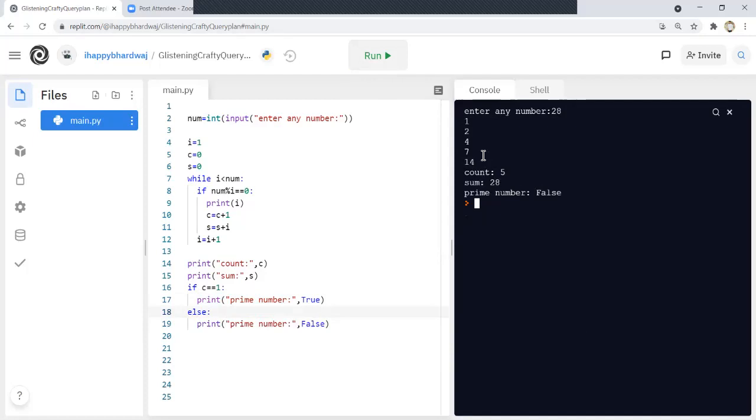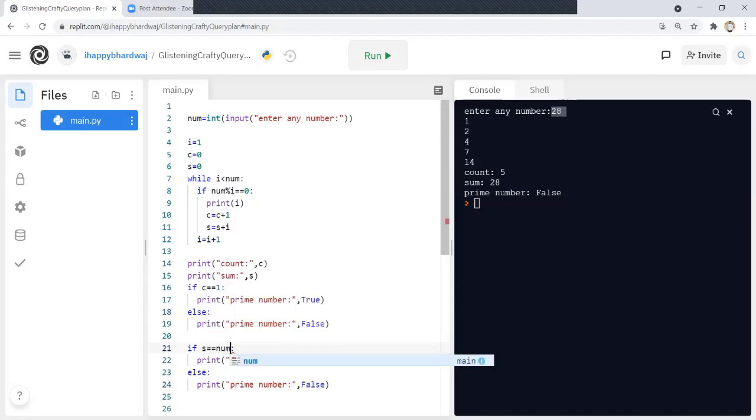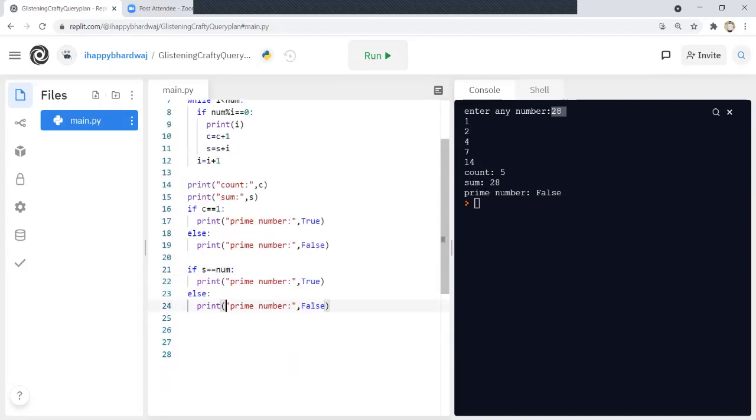You see here something like the sum of factors of 28 is 28, the number itself. Okay, so these kind of numbers we call them the perfect numbers. Okay, so the numbers where the sum of factors is equal to the actual number, we call them perfect numbers. So I can copy this thing again, and instead of c, I can compare here with the s, and I can write here if s, the sum, is equal to the original number, then here I can say perfect number. So I can say here perfect number, and let me change this to also perfect number.